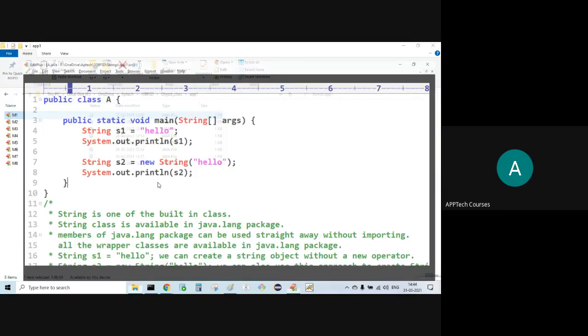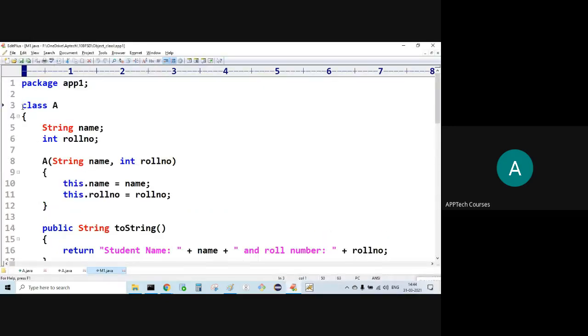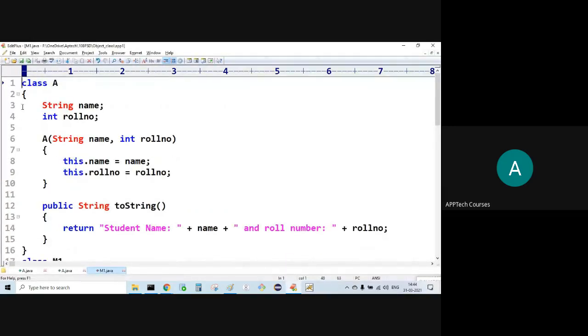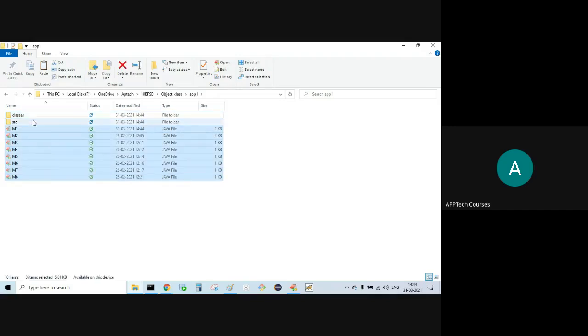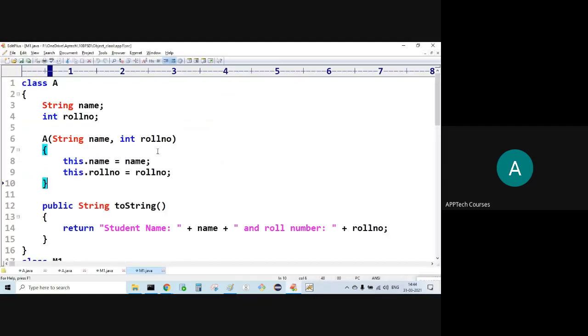Fine, we'll start with the object class. That is important. Otherwise, you cannot understand some of the concepts. Why do we need the object class?